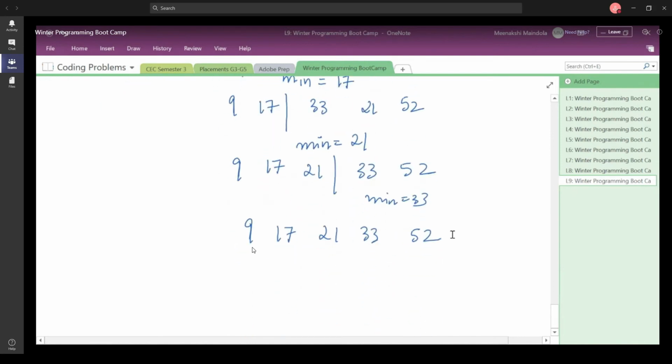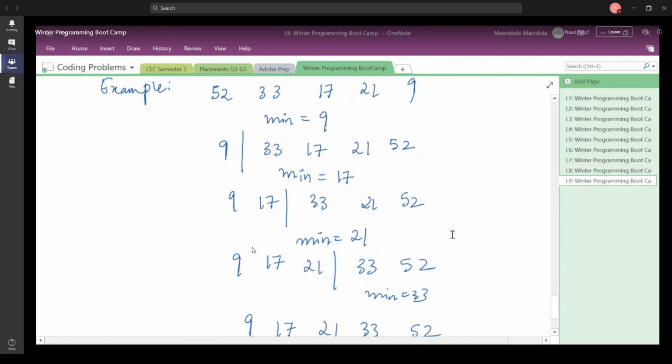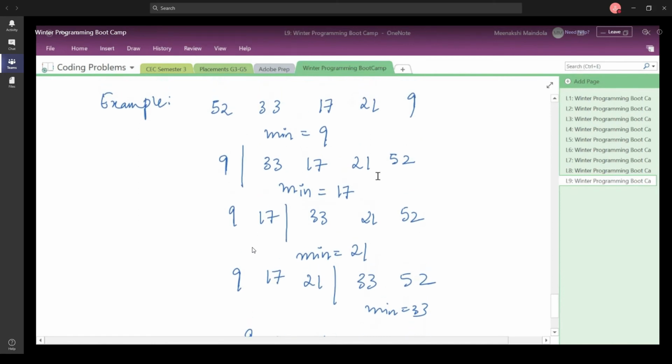So this is very simple. Again, if you consider the pseudocode, you're going to require an outer loop. In the outer loop, you're going to start with the first element and go on up till n minus 1. Every time you're going to find out the minimum element. So let us say you have the index of the minimum element.